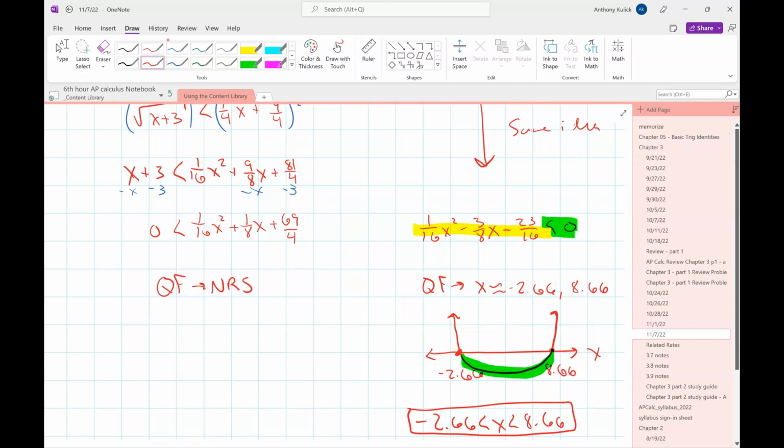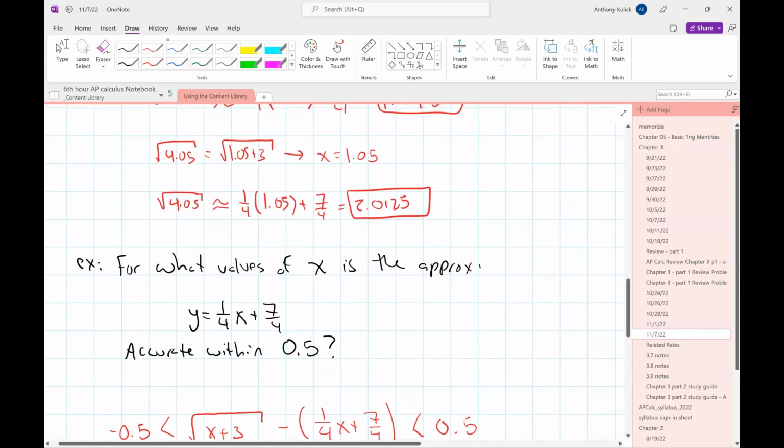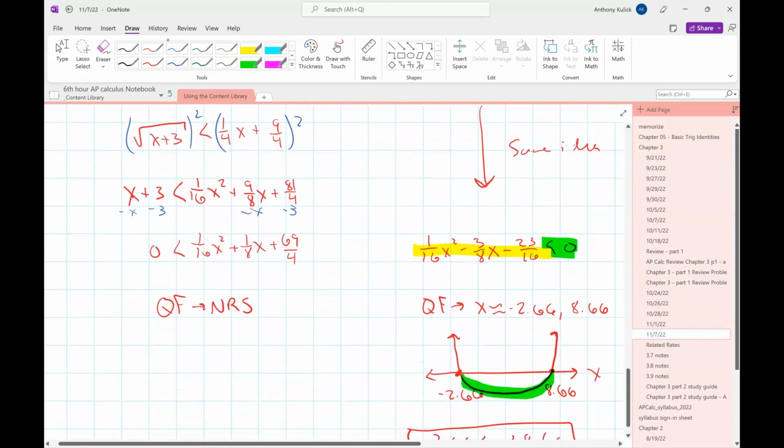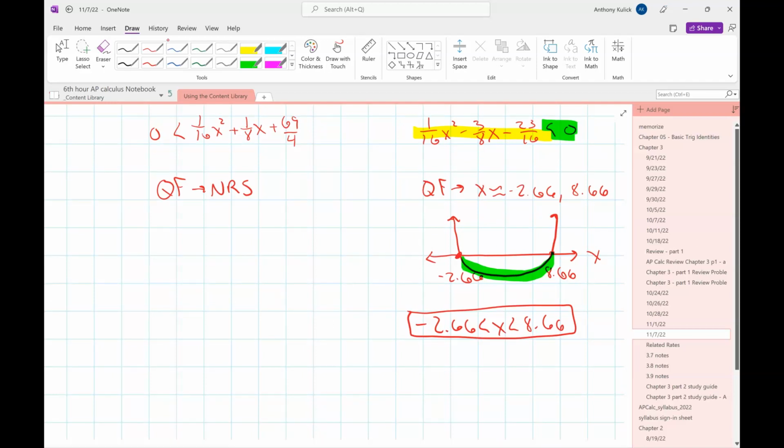If you have like negative 0.67... Well, you couldn't get negative 0.67 because the function we're approximating is the square root of x plus 3. So you couldn't have anything that small because you get a non-real number. Negative 3 is the beginning of the domain for the function, so our linearization obviously can't go smaller than that either. I think what you're asking though is, if I get an answer in both places, how do I